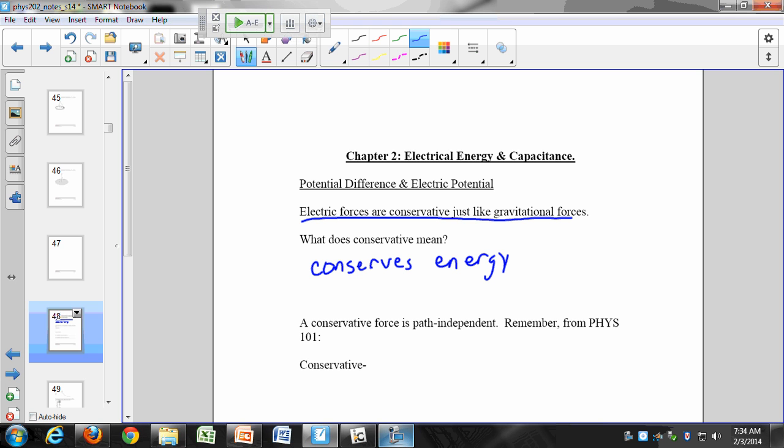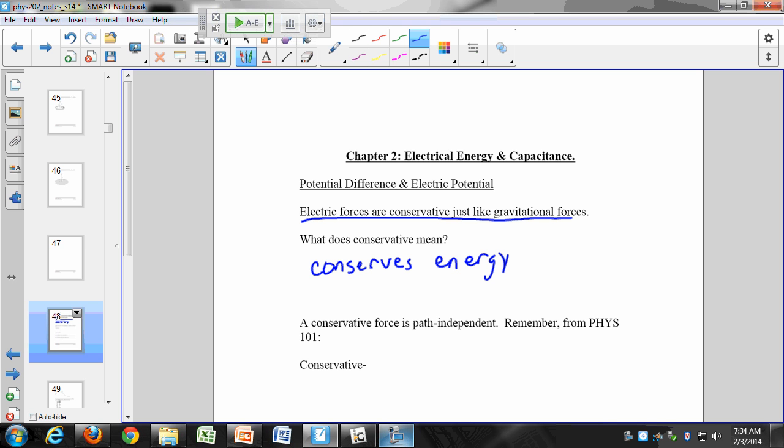We had said that gravitational forces are also conservative. Does anybody remember a good example of a non-conservative force? That is a force that does not conserve energy. Okay, any force basically that requires contact between two surfaces, but in particular we said what was a really great non-conservative force? Fluid motion? No. This force always takes away a lot of energy.